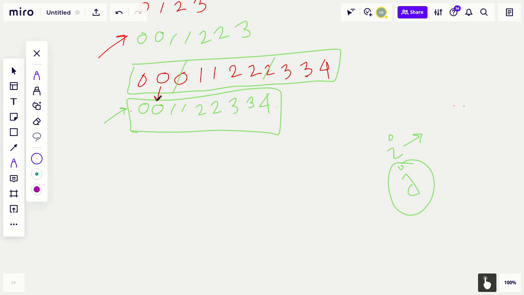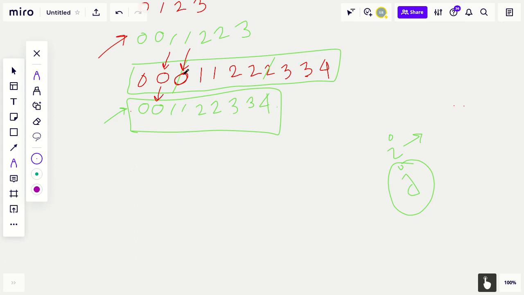If you think about it, it is not unique, but for the sake of the problem you can assume that the second 0, this one, is unique, but the third one is not unique. So we have to eliminate the third one, but we have to keep the second one.